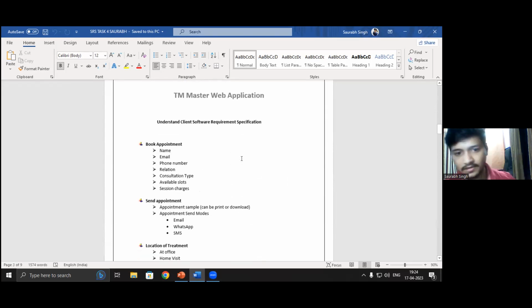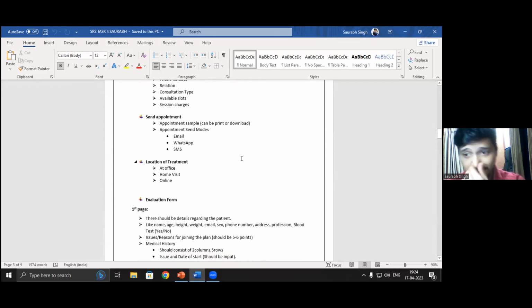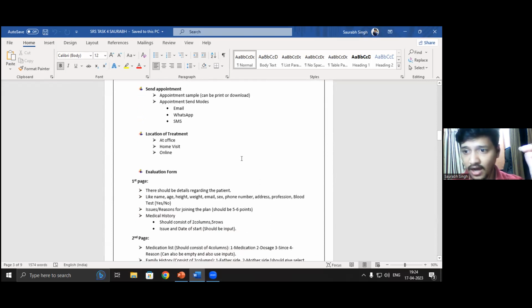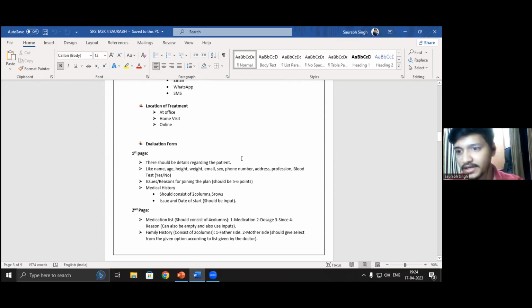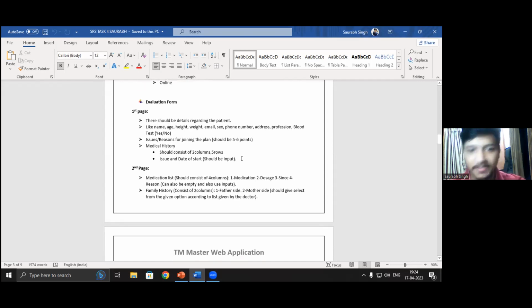What will be present on those forms, when you are going to book the appointment? Credentials like name, email, phone number, relations. The appointment can be sent via WhatsApp, SMS, or email as well. And how you want to be treated, like the location of your treatment: at the office, a home visit, or online. The evaluation can be done further on the basis of your body measurements, weight, email, phone number, address, sex,